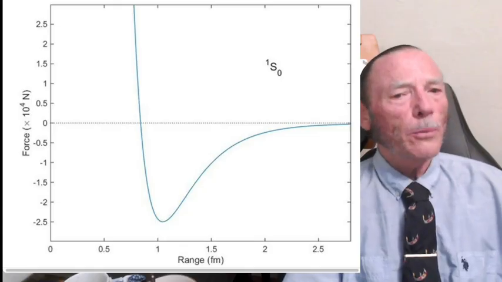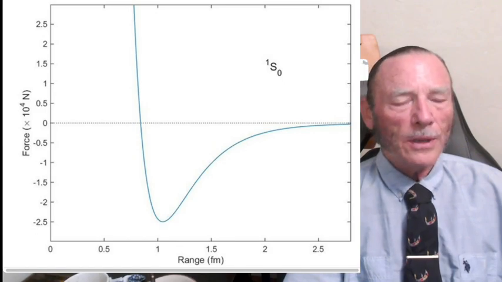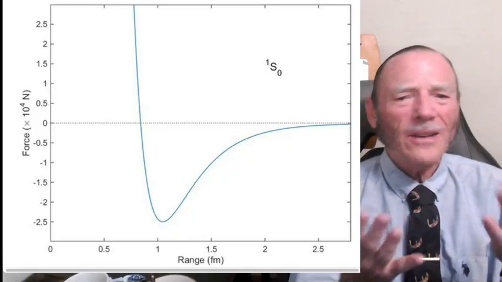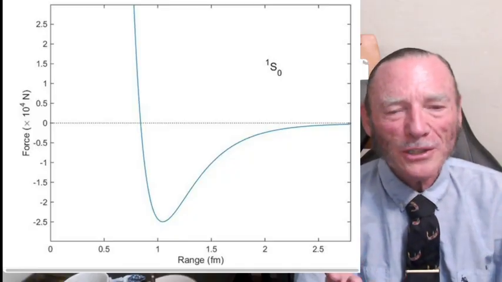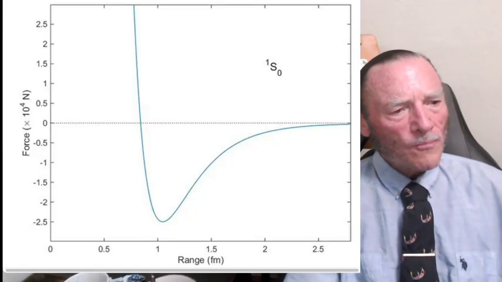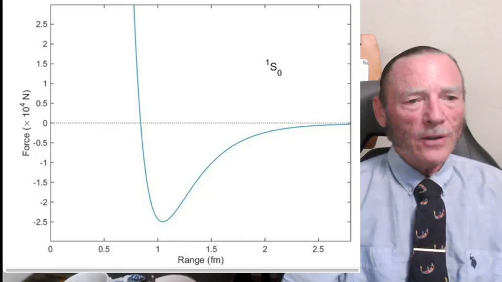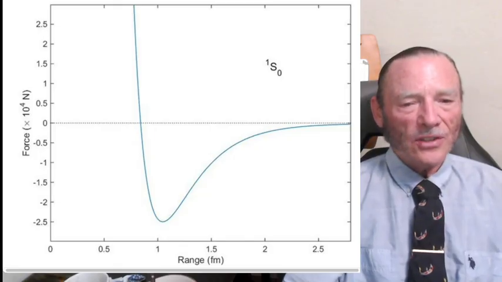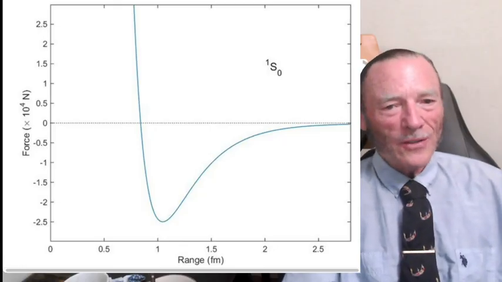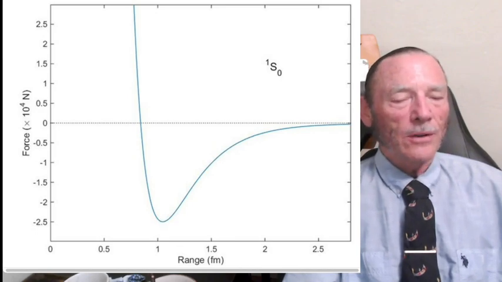And I recommend that you read that article. You may even want to put this on pause and just at least read the first two paragraphs of the Wikipedia article on nuclear force. I'm just saying make a notation. You may want to look at this, perhaps after listening to this video, what Wikipedia says about the nuclear force. Now, what does this have to do with the Bošković force curve? I think you recognize instantly what it has to do with the Bošković force curve. This is the Bošković force curve. And that has a string of about a dozen extremely important notations after it.